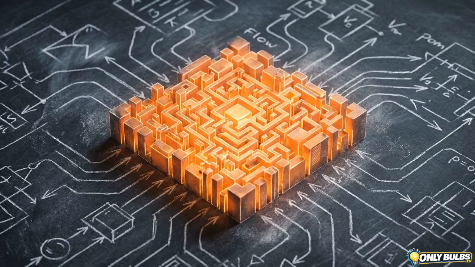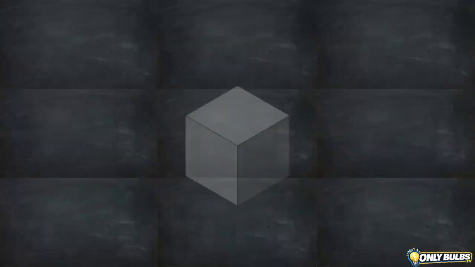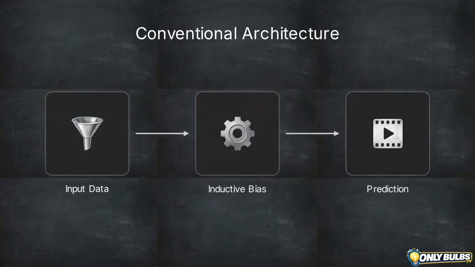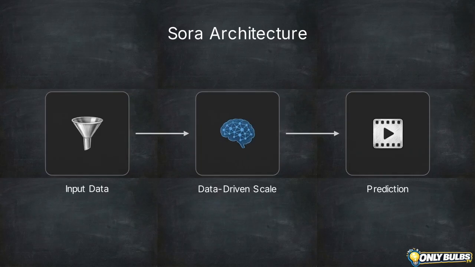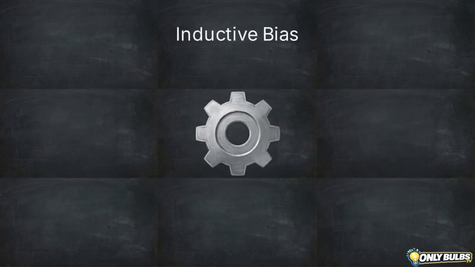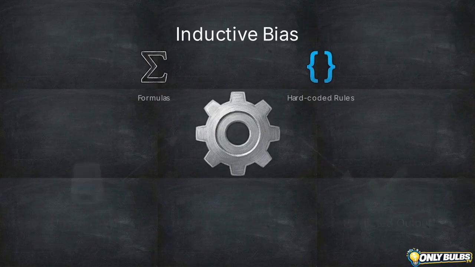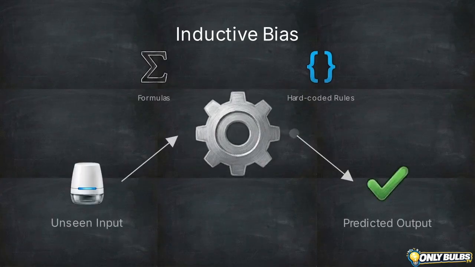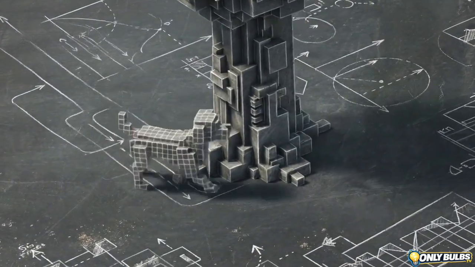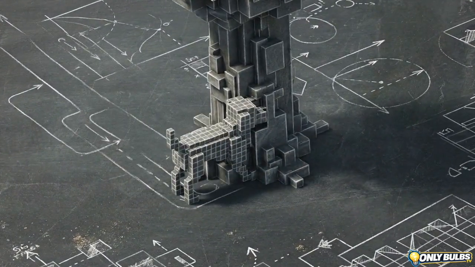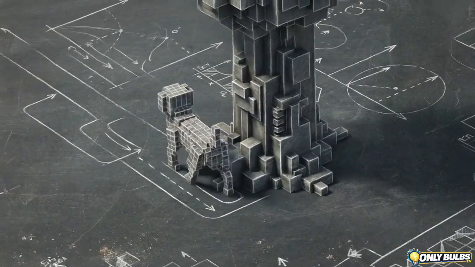Maintaining that precise 3D consistency is an exceptionally difficult computational task, especially for a system trained exclusively on flat, two-dimensional video files. The architecture running this simulation contains absolutely zero explicit programming or inductive biases for 3D geometry. An inductive bias is a set of assumptions built into a machine learning algorithm to help it predict outputs for inputs it hasn't seen before. Instead, the system achieves strict object permanence simply by trying to predict the next sequence of pixels across a massive